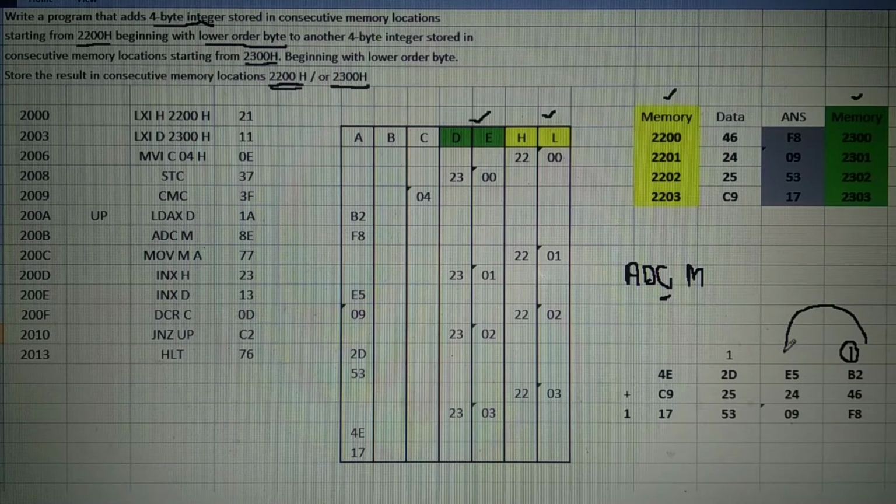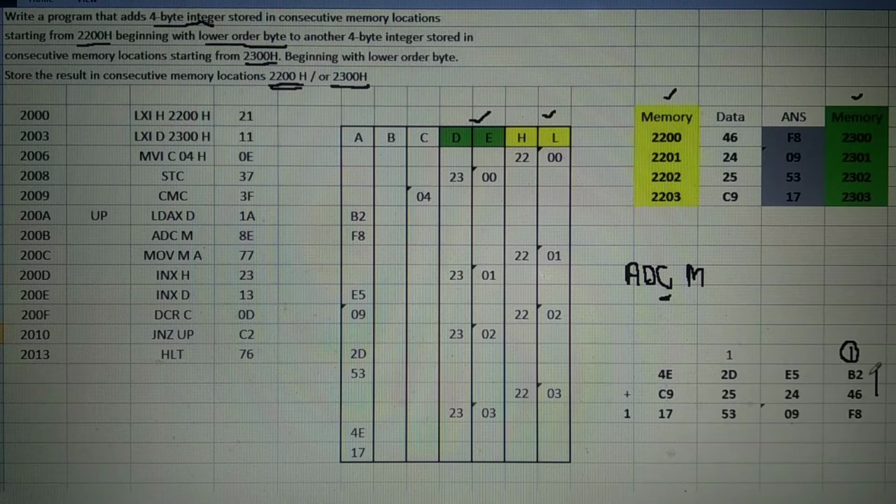If carry is generated from the next, it is to be added to the next along with the two numbers. We are using ADC M. When we are using ADC M, the content of carry along with the two numbers gets added.